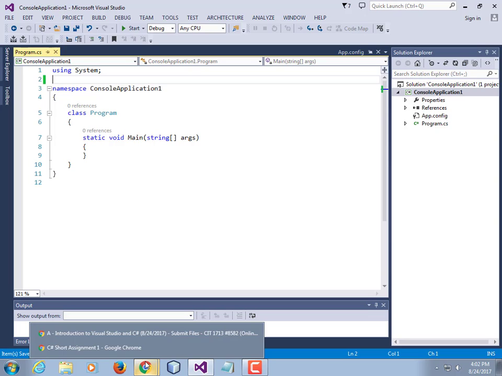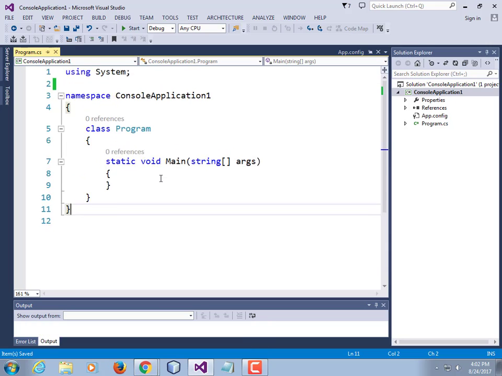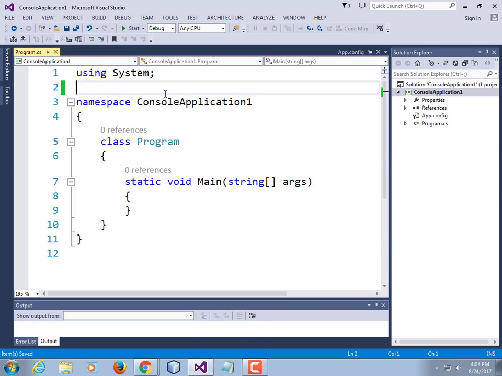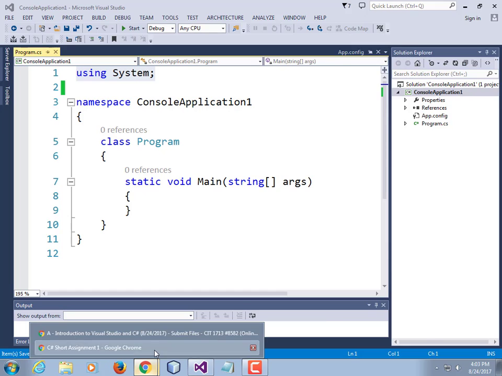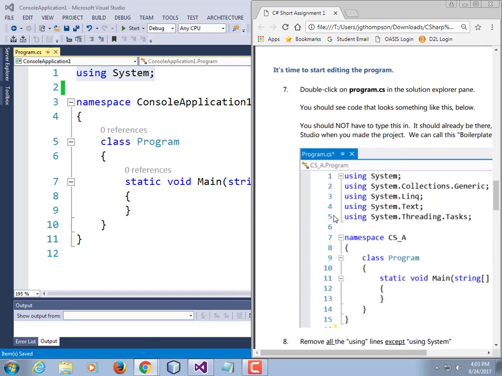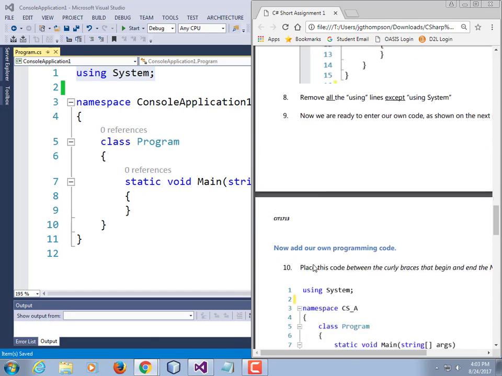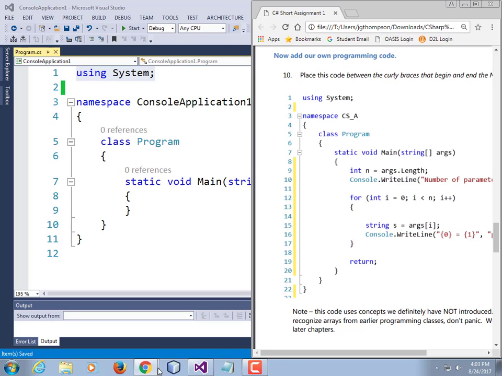Alrighty, I don't have this code memorized, so I have to go and pull back up the PDF. Oh, I am very sorry. I meant to zoom this in larger text. So what we did is we just deleted the using statements other than the first one. So looking at the PDF,